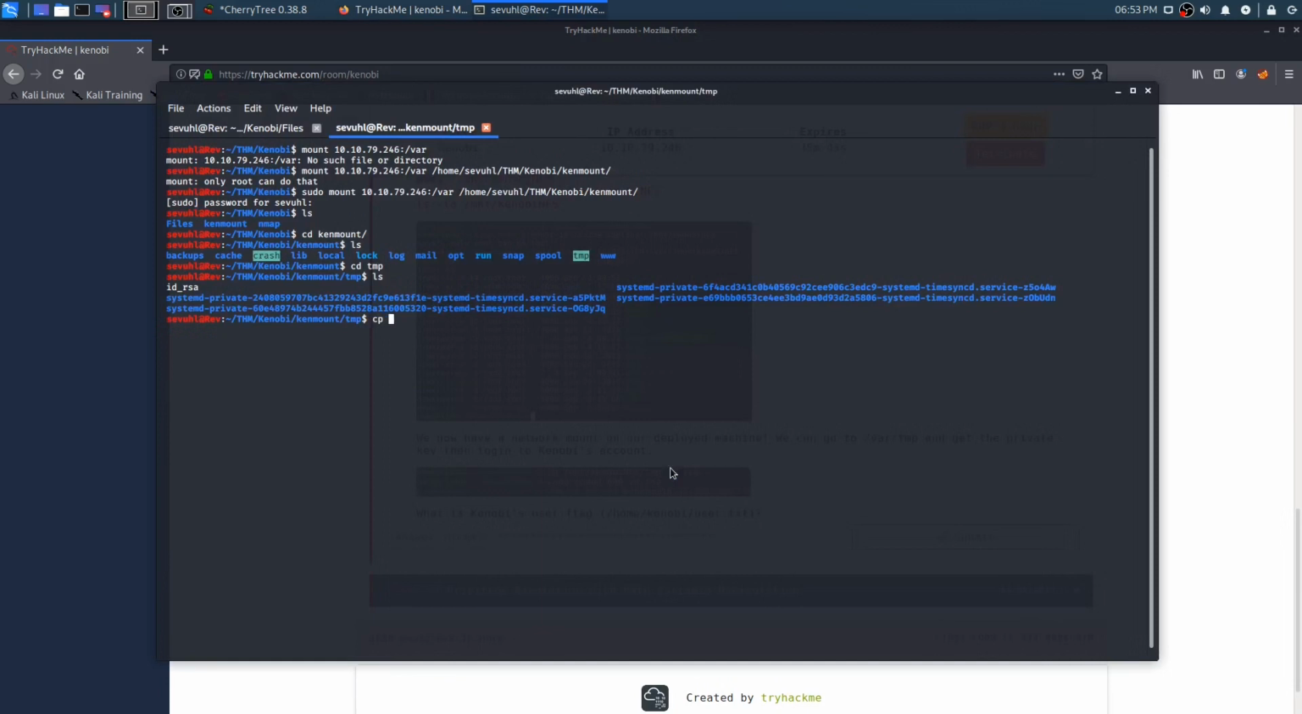So let's cp id, and then we want to go up and up, and we could put it into files. It is technically a file to me, at least. So now we can run SSH. Actually, we need to change the permissions on that to 600 to make it safe and secure, so that we can even run it. And then now we can SSH -i id_rsa, and then Kenobi at